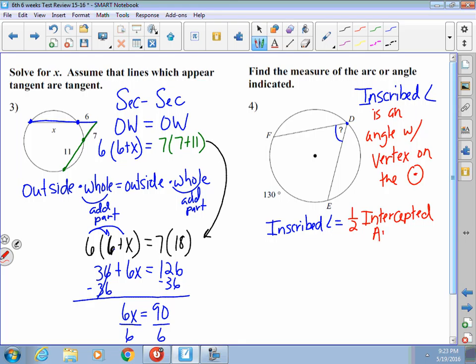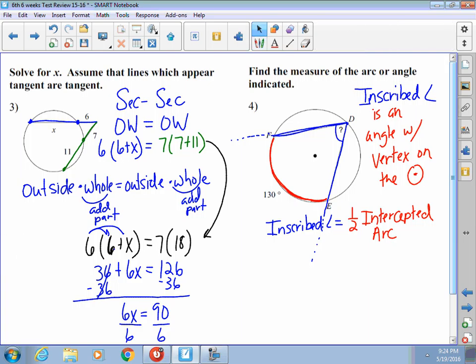Now, some people struggle visually with understanding what intercepted arc means. My angle has 2 sides. They're usually rays or chords. Our sides are FD, this side here, and DE. Now, if I extend this side, and I don't want to go into my definition, the curve that's inside, in between those sides, is what we call our intercepted arc. So here, I'm going to highlight it in red. This is the intercepted arc